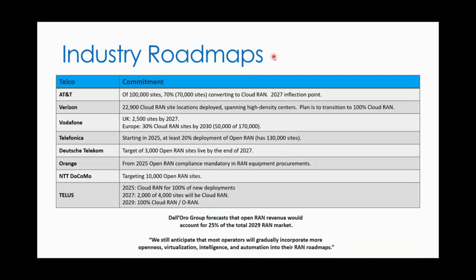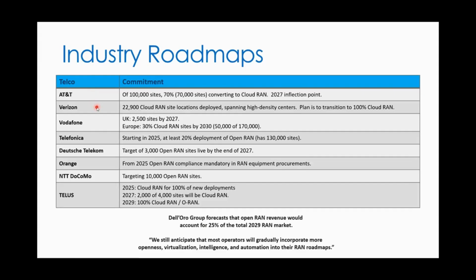So from an industry point of view and Cloud RAN, we are starting to see a fairly significant shift in this direction. Initially there was quite a bit of skepticism on how this was actually going to work, how efficient it was going to be, and whether we were going to be able to meet the requirements. But now there have been lots more public commitments and discussion about moving in that model. So AT&T, for example, is looking at maybe 70% of their sites shifting to Cloud RAN, and they're saying 2027 is probably the point when they really start to shift pretty heavily.